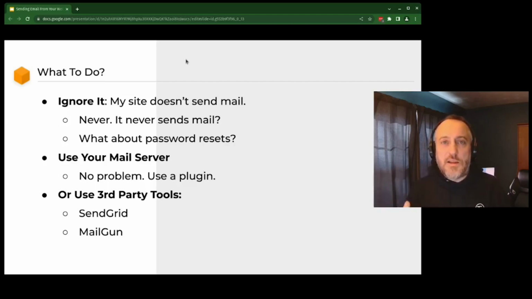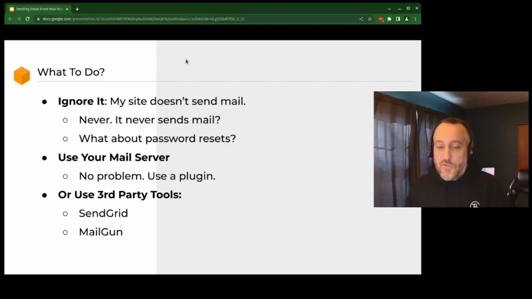Getting into the database to reset a password is hard, whereas a password reset tool is nice. So if your web server isn't set up to route the mail properly, it might not even send that. So even if you don't send mail, it's always good to use it for the password reset. So use a plugin for that.